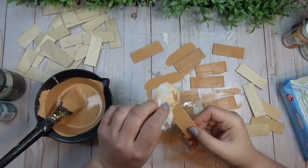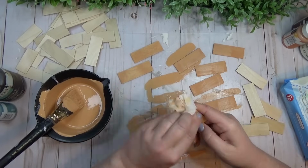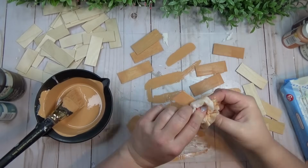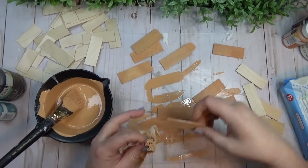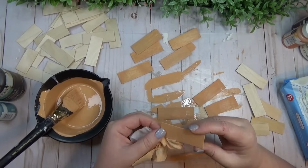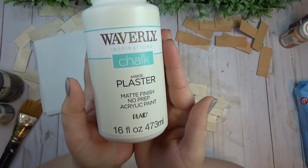little bit of red and a little bit of white to it because it wasn't quite the color that I was looking for. And then after I painted it, I did end up going through and wiping it back off with a baby wipe just because I wanted it to be just a little bit more translucent. So that was the first color that I picked, and then I went ahead and I did the same thing